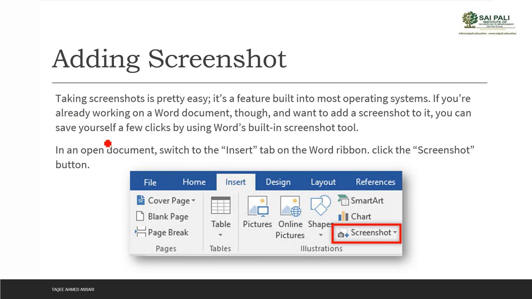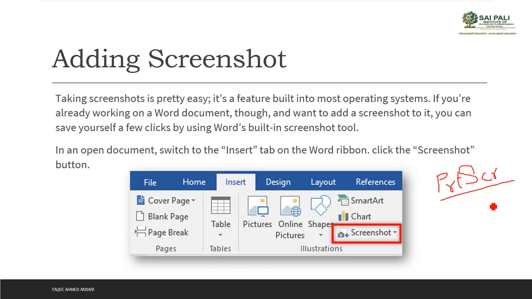Now in every operating system, or every Windows operating system, we have some predefined feature to get the screenshot. For example, in Windows, you have a key on your keyboard called Print Screen, PrtScn.